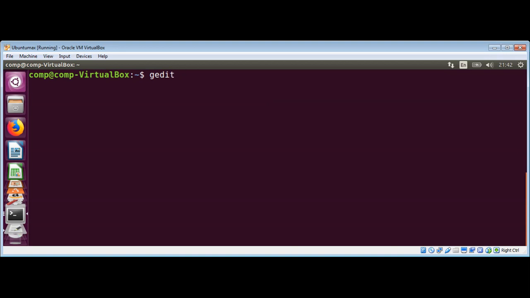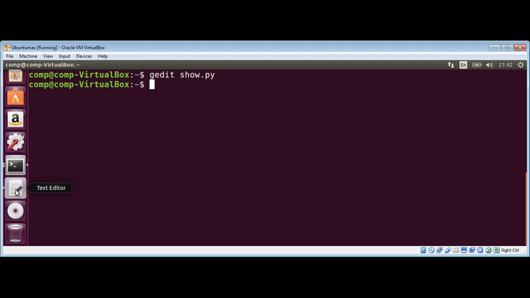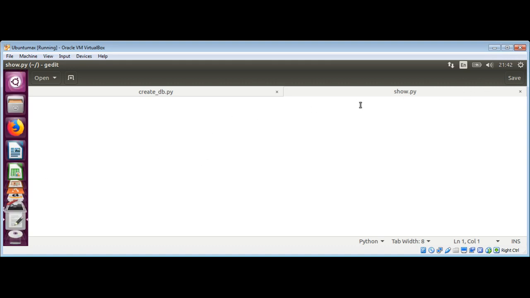and name it show.py, and open a file here, editor. And first I need to import our connector. Import MySQL connector